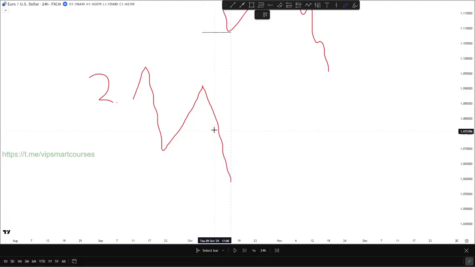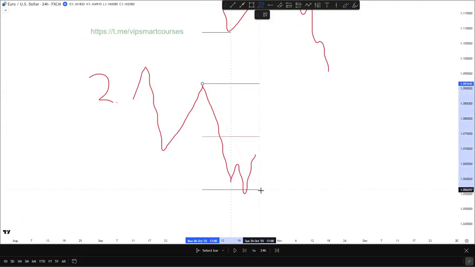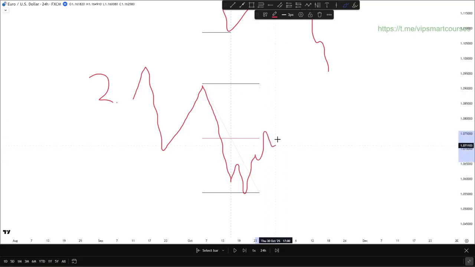Last week we had a range expansion profile lower, we took out external range liquidity, and let's say we formed this new dealing range here. In this case, we'll expect price to first of all rebalance this dealing range and then test a premium key level here,